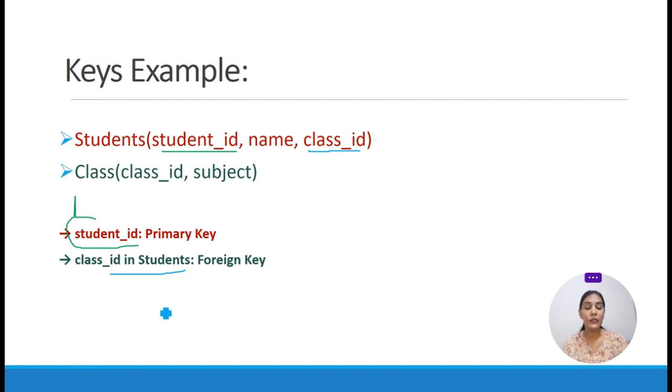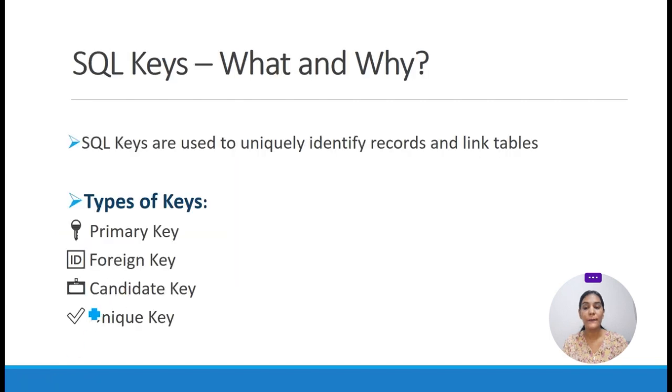Two more keys that are also important, the first is the candidate key. In one relation, we may have multiple combinations that can act as a primary key. That means if I combine one attribute with another one, it can also uniquely identify our values in a row. We can use it as a candidate key.